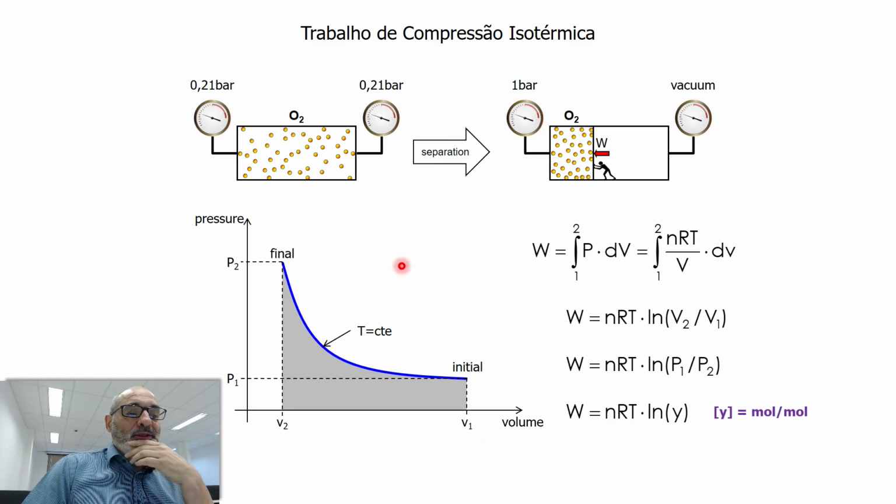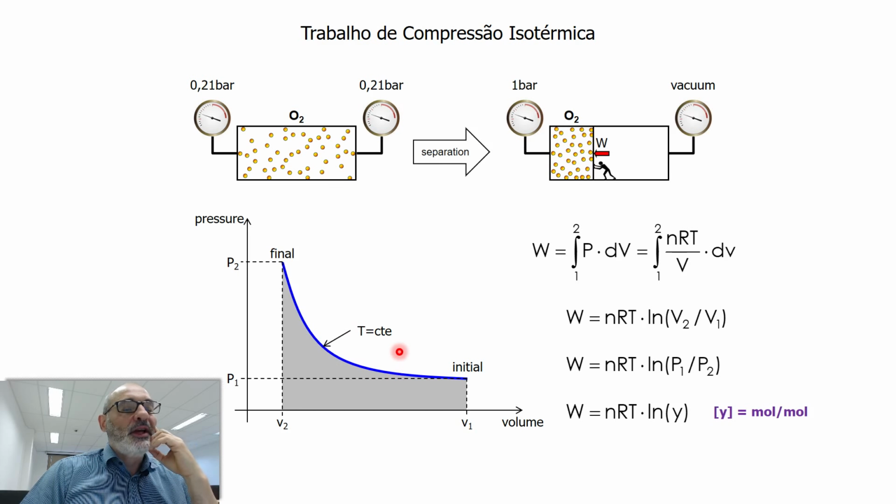So the process can be modeled as an isothermal compression. You can see in the PV diagram, consider this for oxygen, just for simplicity. Oxygen occupies a large volume, V1. It's being pushed to the left, so it's occupying at the final state a smaller volume. And the pressure increase associated with this change of volume is